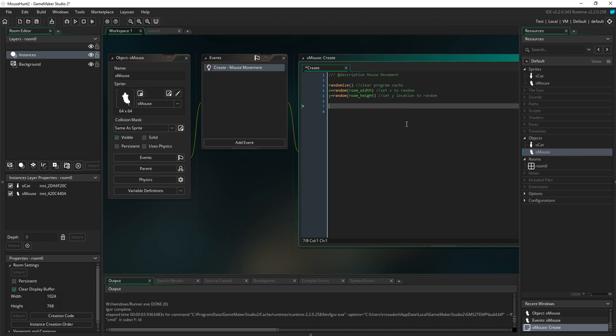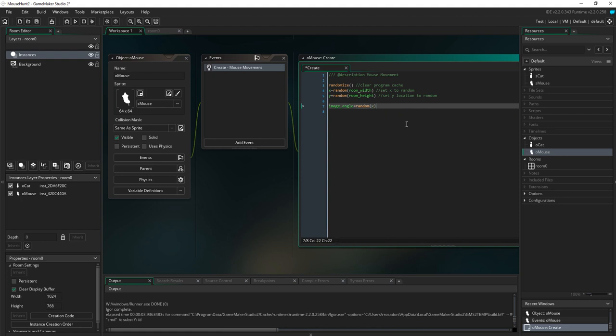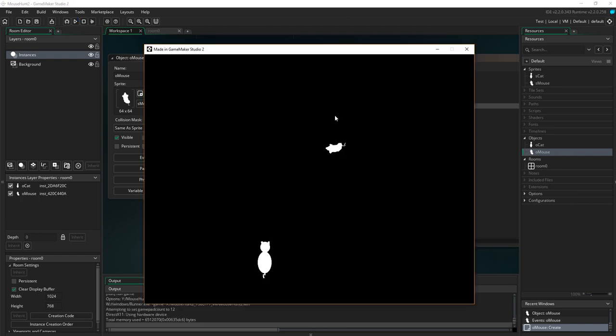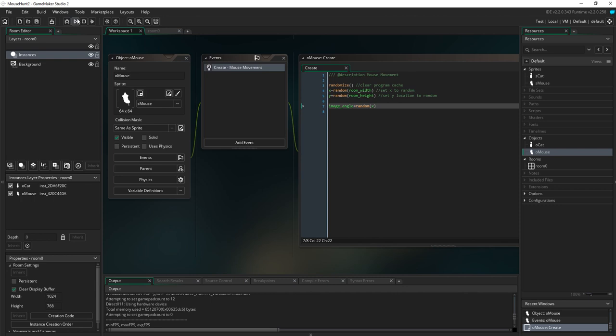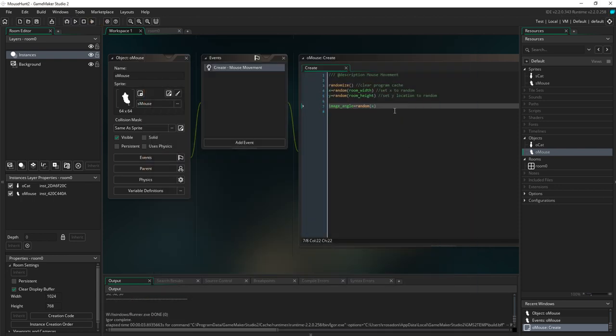Probably another thing I want it to do is not always be the same angle. You know, we want the actual sprite to change angles a little bit. So I'm going to change image angle. You can see there's a built-in variable there. I'm going to press tab just to grab that, and I'm going to say I want it to be equal to random, and I don't really care what that is to start with. Oh, do I want to set that? If I did this random x, I think it's just going to set a random thing each time. So if I click on play, you can see the mouse is changing its image angle,